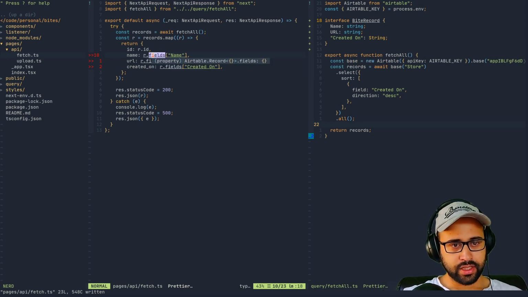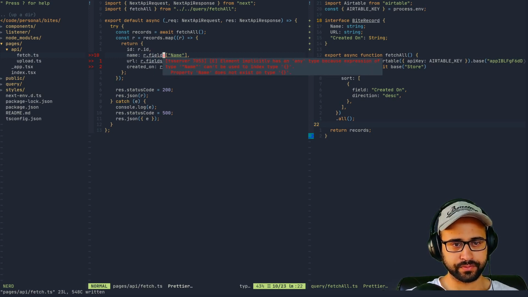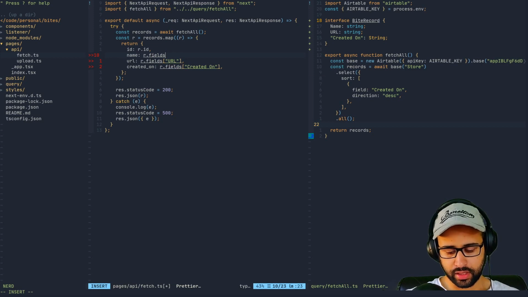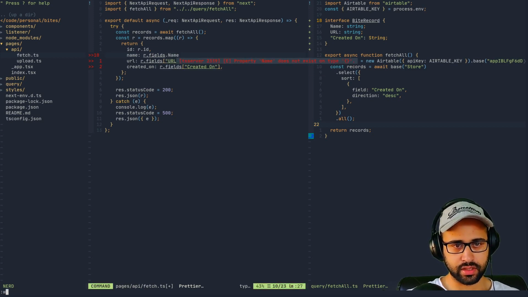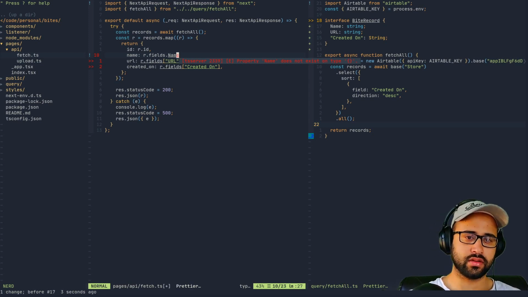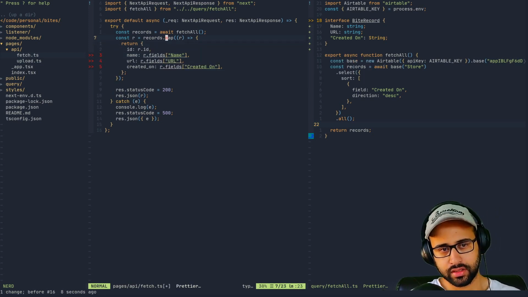Okay, let's take a look at what field is. Field is a property that can be anything, that can have anything in it, right? So can I do name? Does it still throw errors? Property name doesn't exist on type. Yeah, I think it's just that